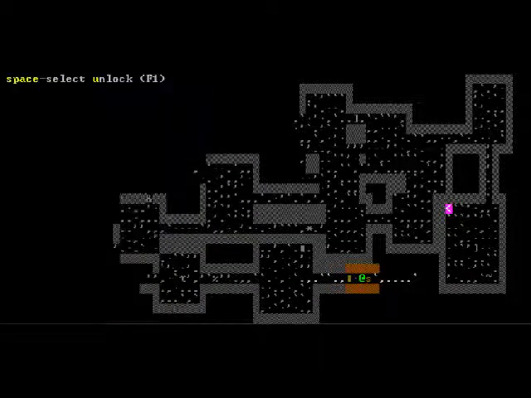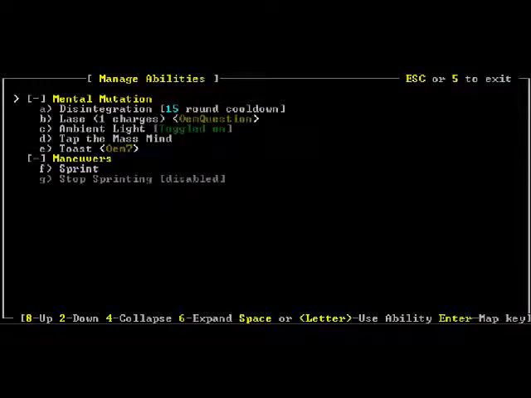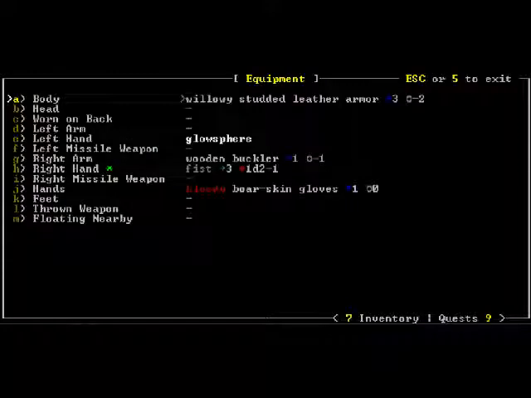Hooray, we got a glow sphere. Let's try to use another toast. And one thing about this, we don't have... Oh, reinforced bark armor. That's 3, and we have... No,